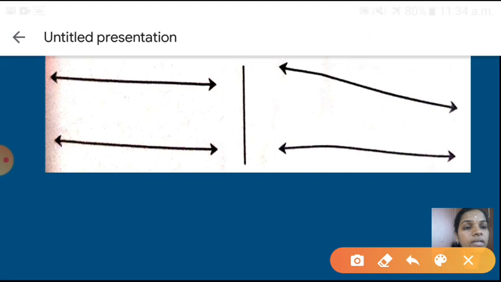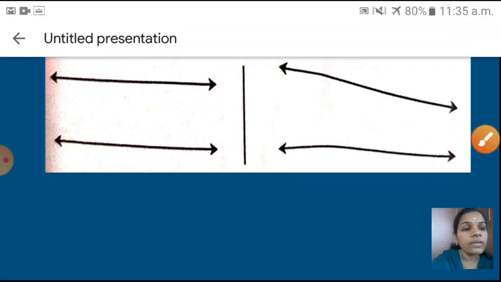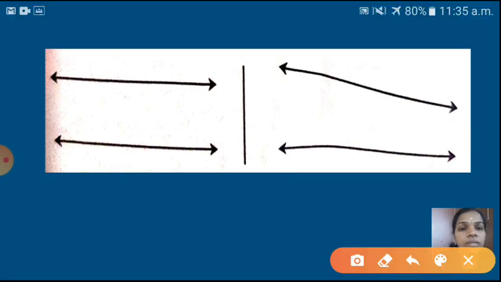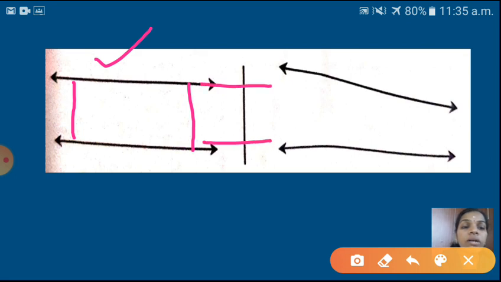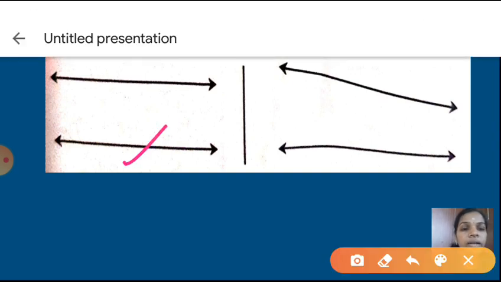Yes, first one is, see this one here, which one is the parallel line we have to identify. So this one, see here, both lines, this line and this line. So this is the distance you have to observe here. First, this distance and this distance always remain the same. So we can say if you extend these lines, they will never meet, never intersect. So we can say this first set is the parallel lines.